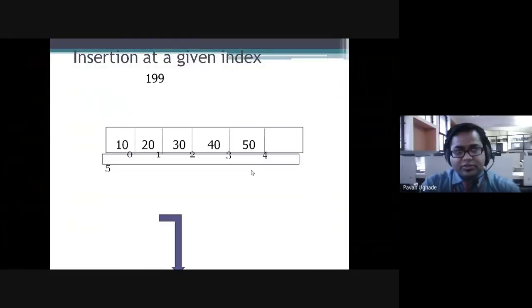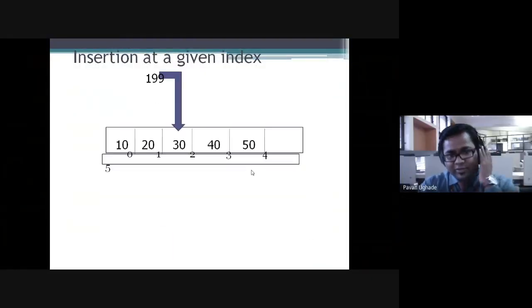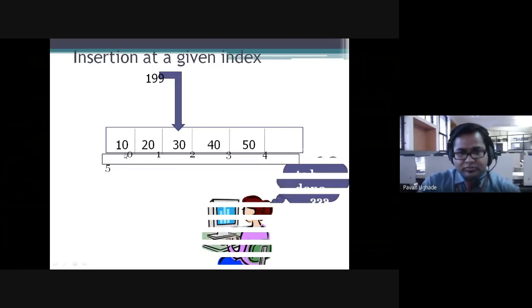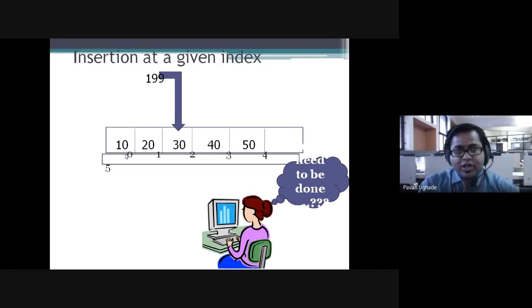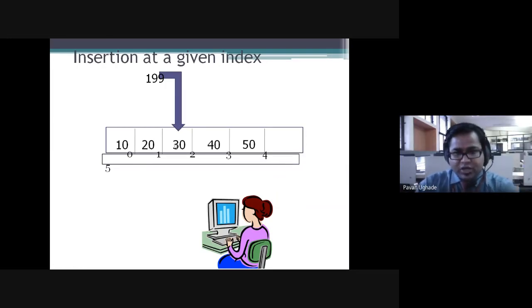Yes, sir. Okay, now see here what we'll be doing. Again we have some elements over here. Now I want to add an element. I'll be inserting 199 at this position where 30 is already situated. Again we will be shifting positions. We should know at what position.